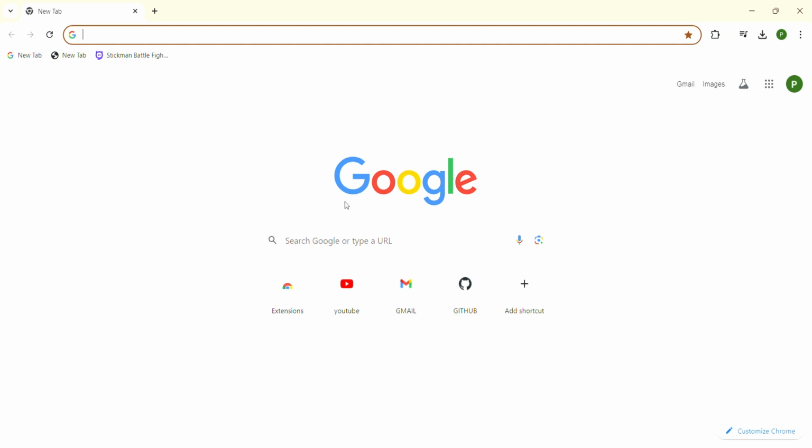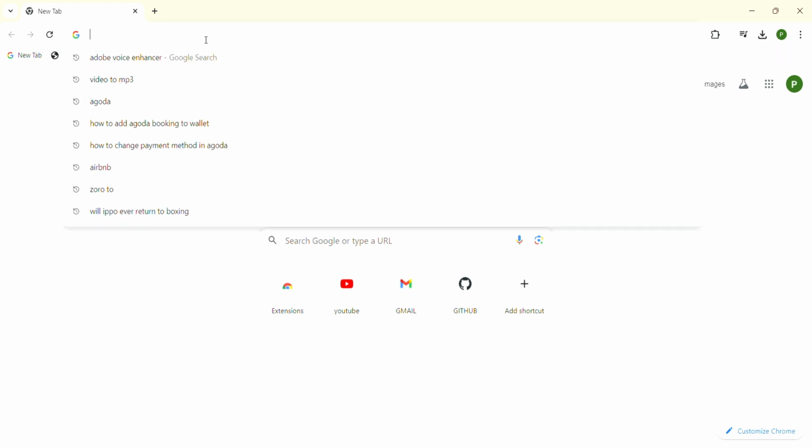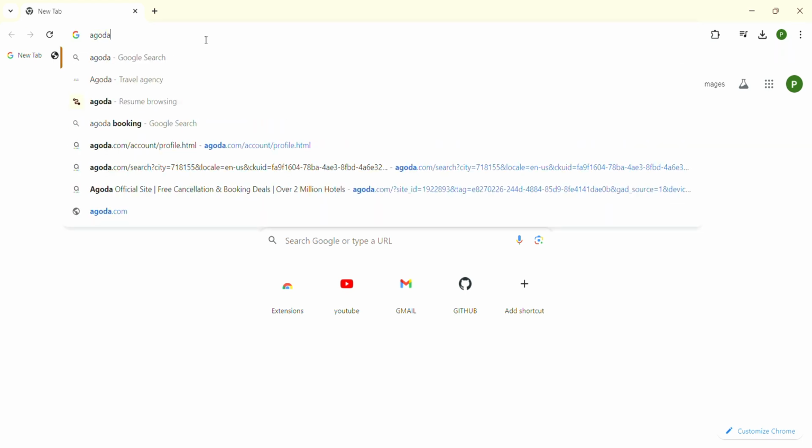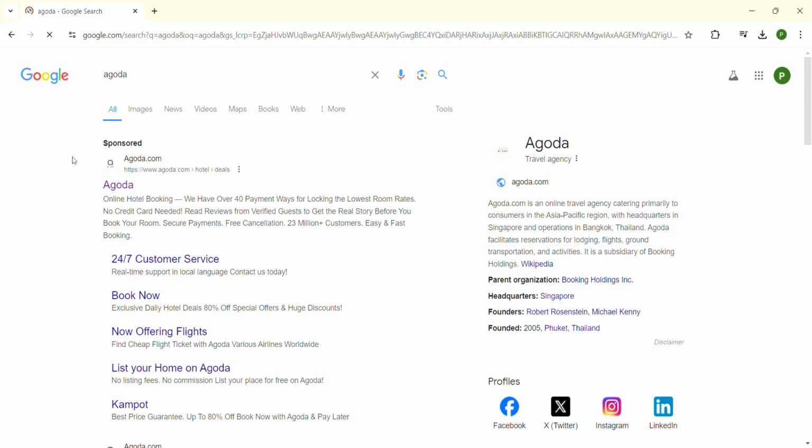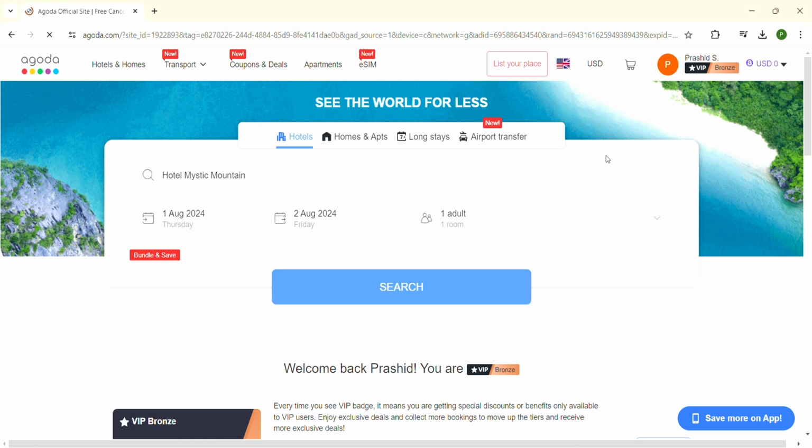So first thing that you need to do is open the web browser of your choice. In the top of the web browser there will be a search bar. Just click on it. You just have to type Agoda and press enter on the keyboard. Now the search results will be shown to you. You just have to click on the first search result, that is Agoda, and the Agoda official website interface will